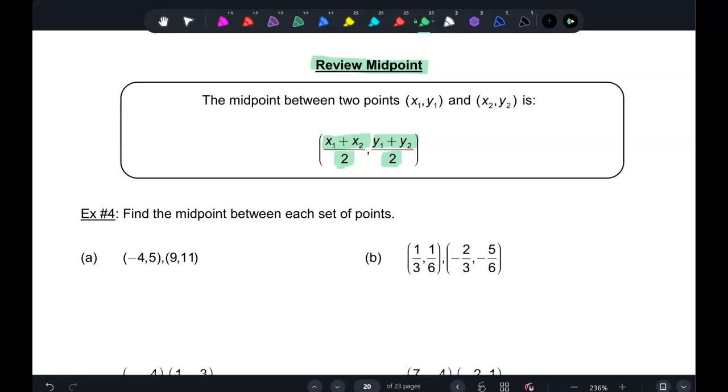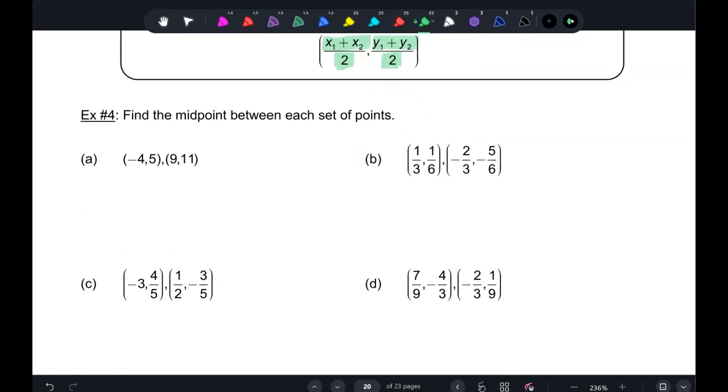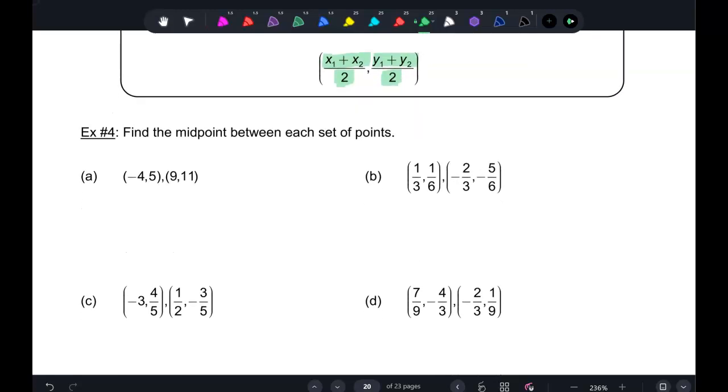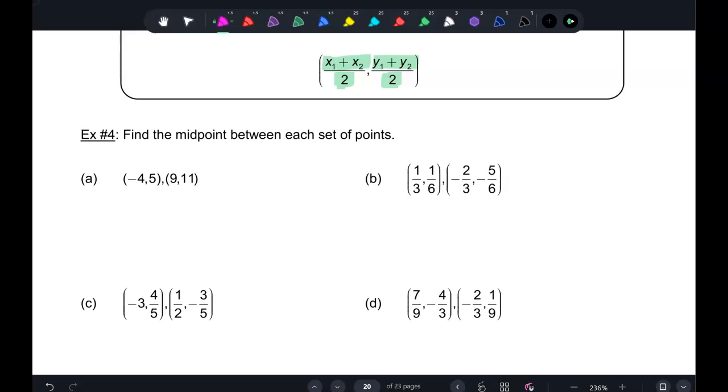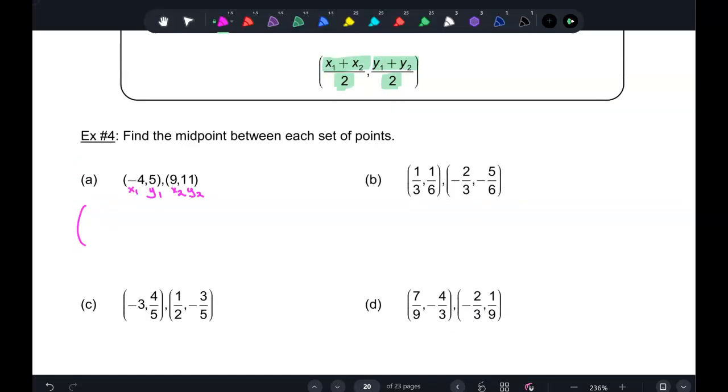How do you write an ordered pair? A point has an x coordinate and a y coordinate. Okay, it's just an ordered pair. So I'm just going to add. No, look, everything goes in parentheses. It's x1 plus x2. So what's x1? Negative 4 plus 9 over 2,